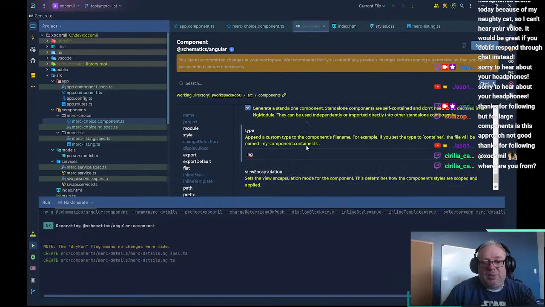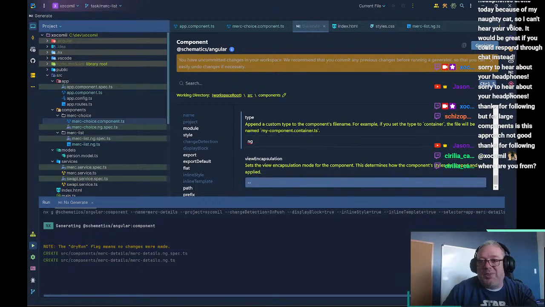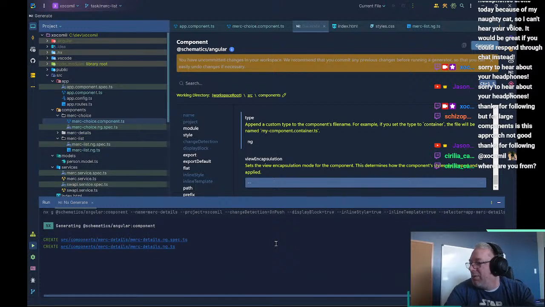Skip test, standalone type. Let's see what the Angular one does versus the